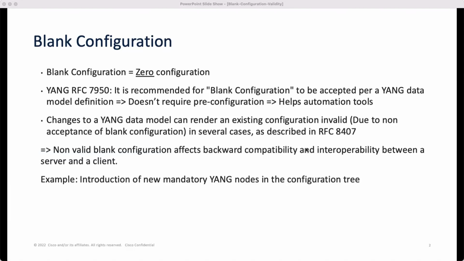Blank configuration is the configuration state that exists in automation tools and network managers and service orchestrators before onboarding a device, which means it is zero configuration. Per Yang RFC 7950, it is recommended for blank configuration to be accepted per Yang definitions. This allows us in not requiring pre-configuration to exist in NETCONF clients, which include automation tools, service orchestrators, in order